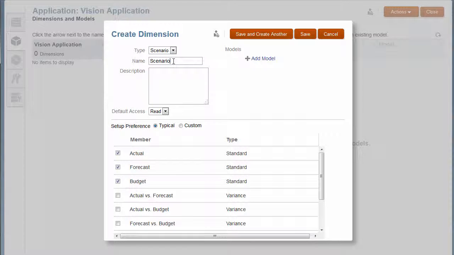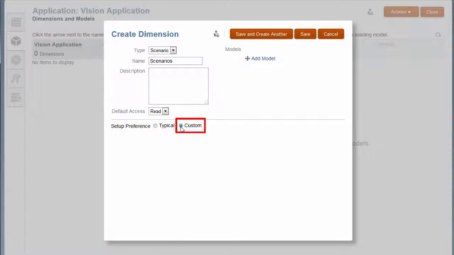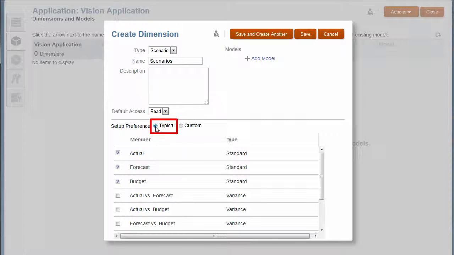You can change the name and add a description if you want. I'll accept Read as the default access. When you create a dimension, you choose a setup preference. In the custom setup, the dimension members and properties are manually defined in the user interface or loaded from a formatted file. In the typical setup, dimension members are populated for you based on predefined properties for the selected dimension